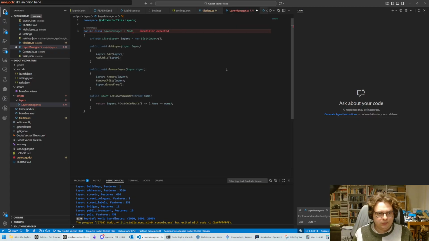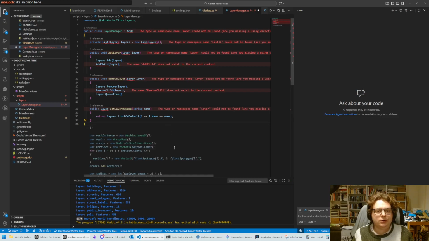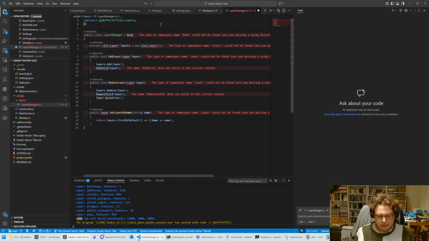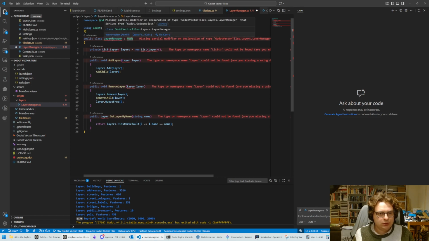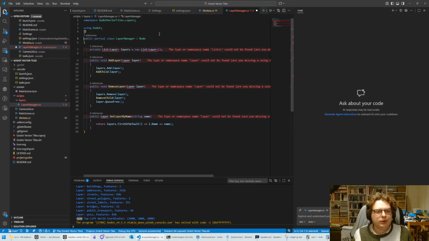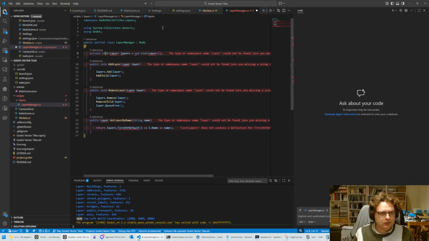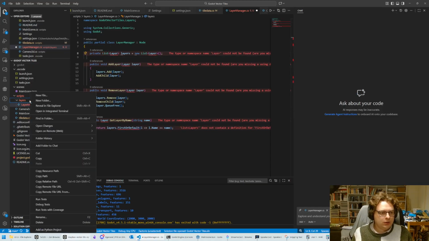Public class LayerManager as part of Node, using Godot. The public partial class. There we go. And then we'll need using System.Collections.Generic. And then